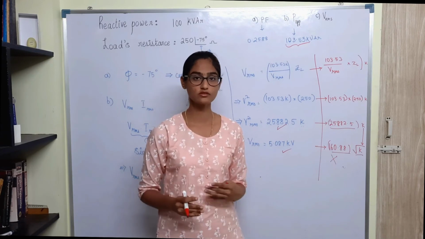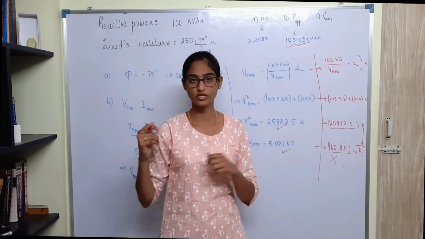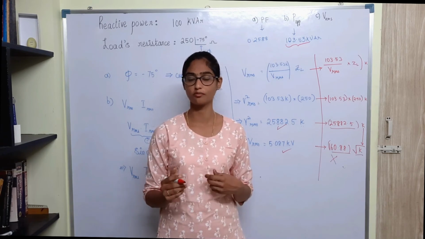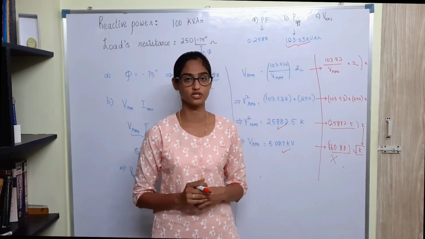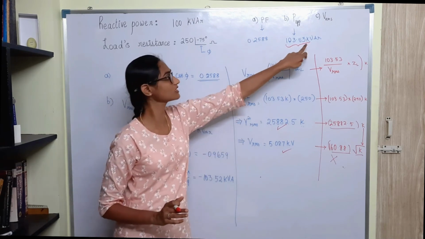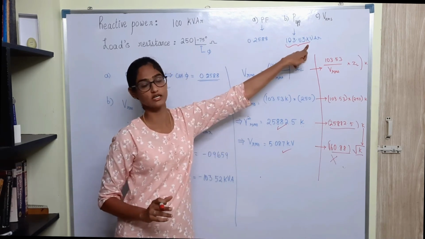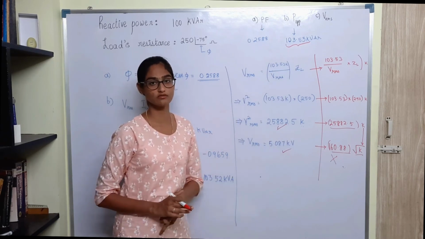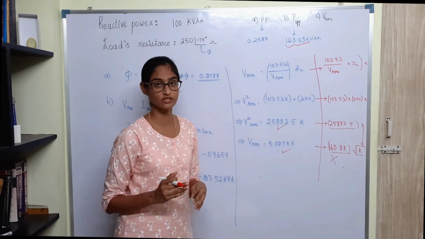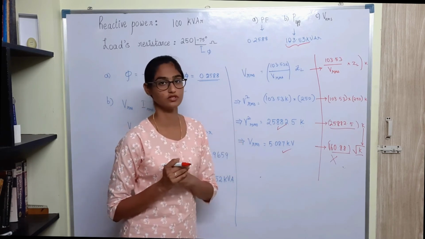I thought of skipping this problem because you already know the basic concepts involved in it and you have already solved a couple of problems based on the same concepts. But I just wanted to illustrate what will happen when you miss this 10 power 3 term in calculating the RMS value of voltage. And since it is a very common mistake that everyone is making, I decided to make this video for you.